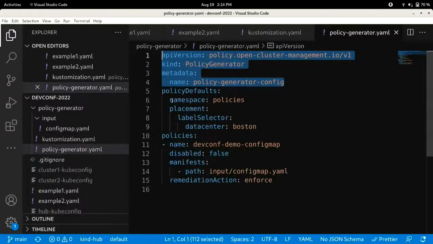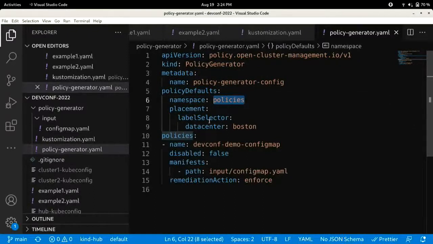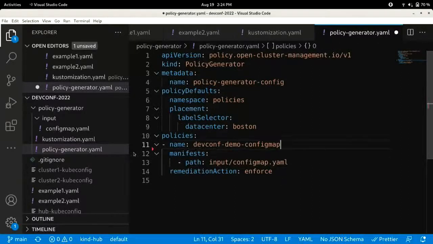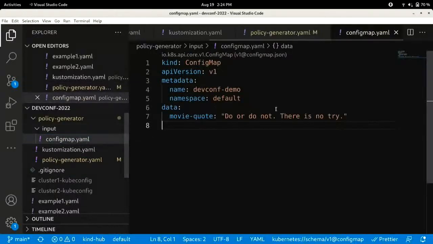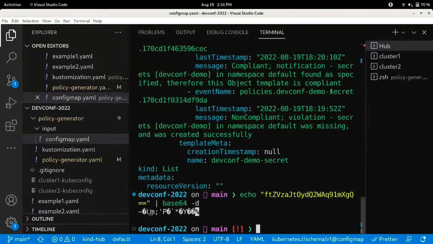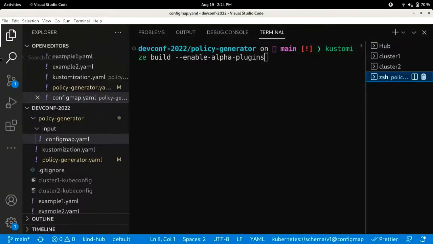But here I'm saying my policy should be in the policies namespace, and I want it to apply to the data center Boston. I have one policy that I want, called devconf demo config map. I want to enforce it, and then my manifest that I want to wrap in my configuration policy, I can specify a directory or a single YAML file. So in this case, I'm going to specify this config map.yaml, which is the same one that I had in the first example. So if I go ahead and run that,